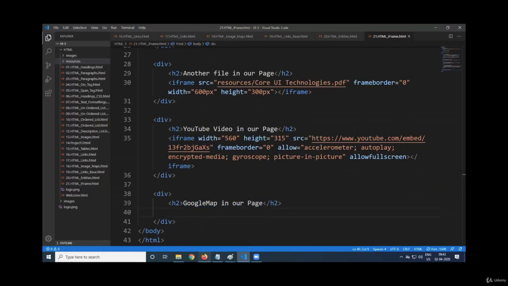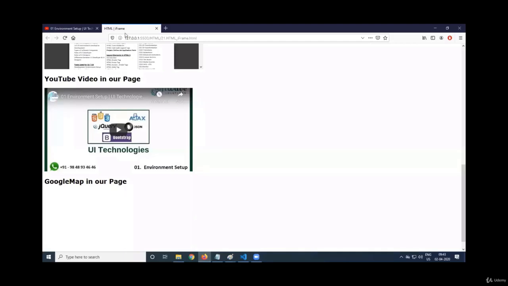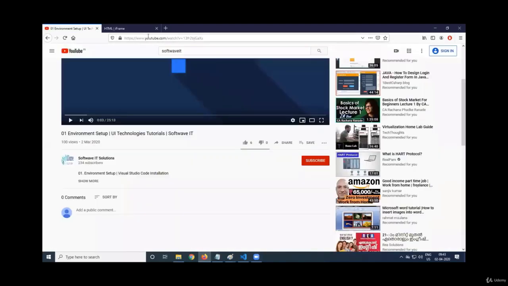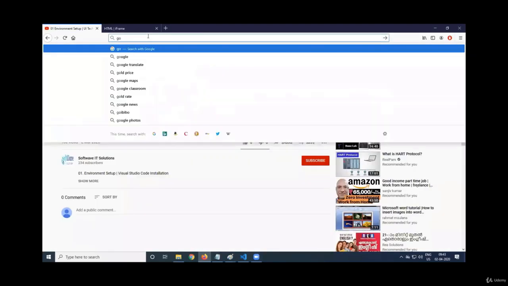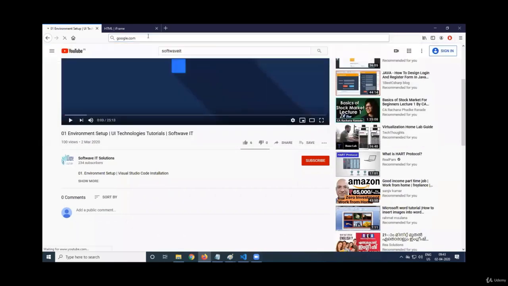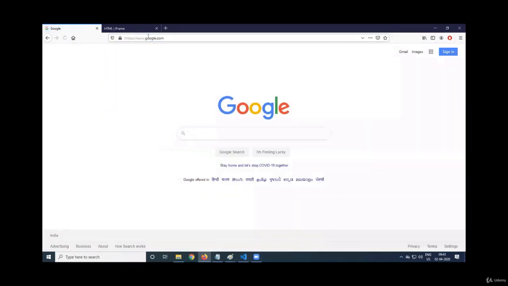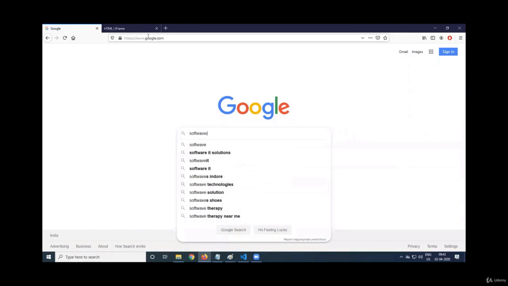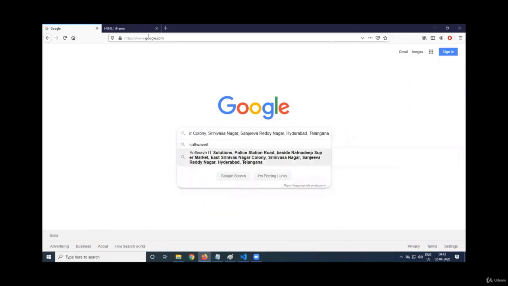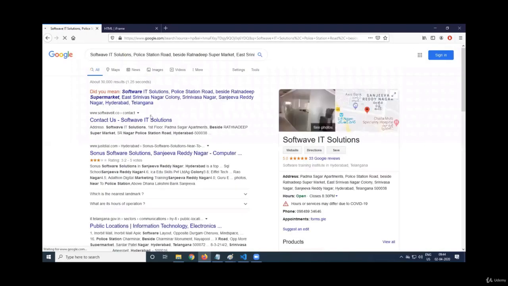In order to integrate the Google Map in our web page, what do we need to do? Let us come to google.com. Just see this. Search for Softwave IT. So this is our Softwave IT. And you come to Maps.